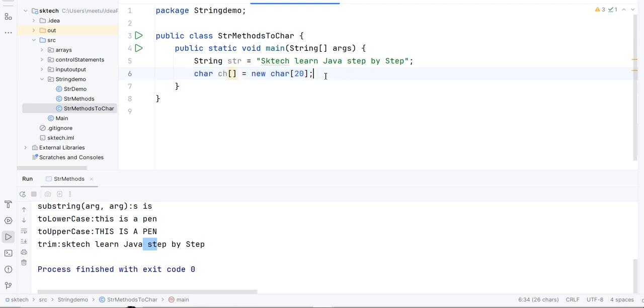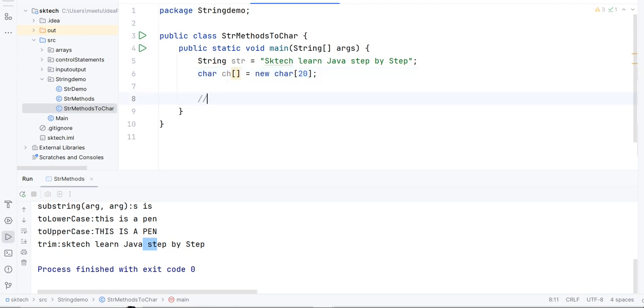Then we want to perform the operation of copying from str into arr. Let's say we name this array arr, so that it will be more meaningful, starting from the 7th character to the 20th character.